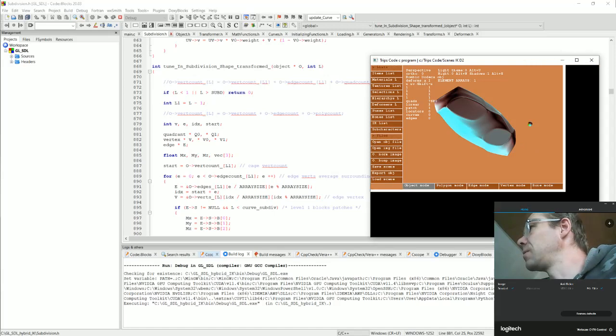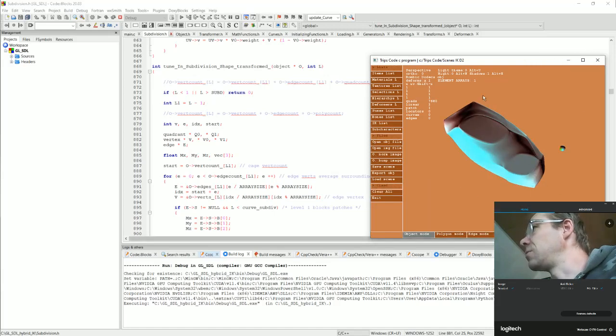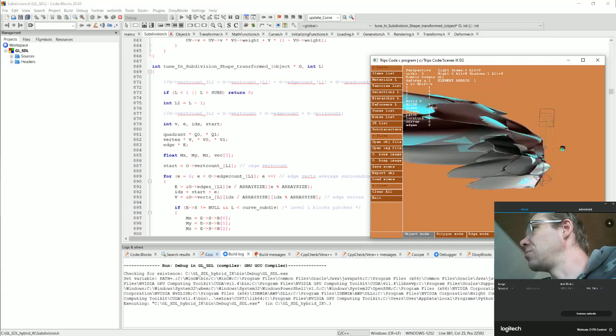This one is the formed object already, but if I go into bind mode, then I should be able